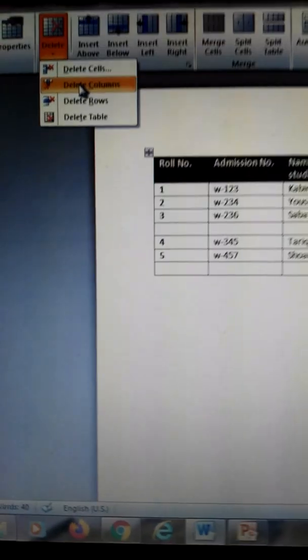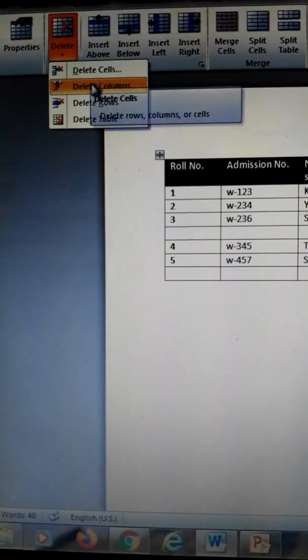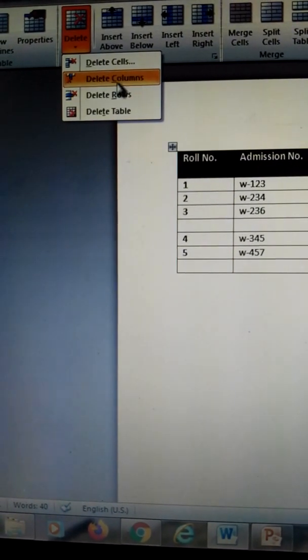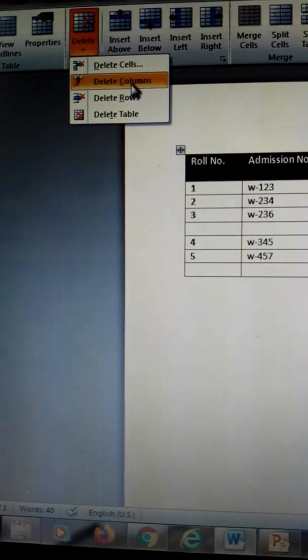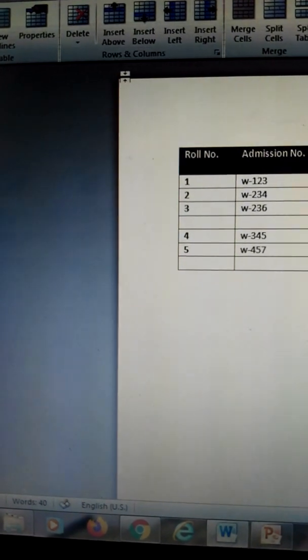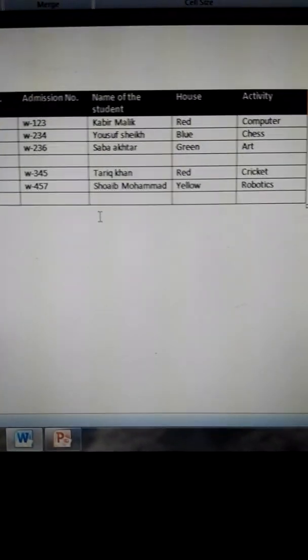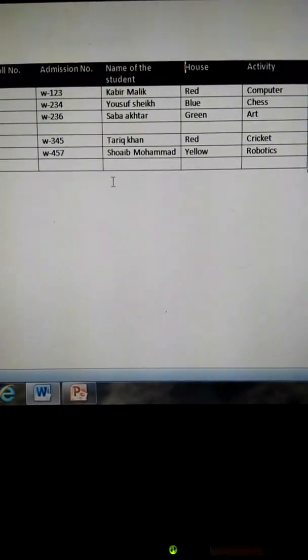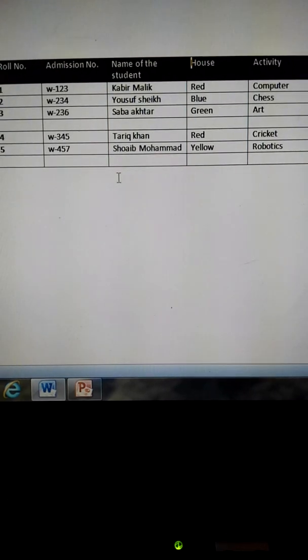Here you can see a drop down menu appears on the screen, and now I am going to choose the Delete Columns option, and here you can see the column gets deleted.